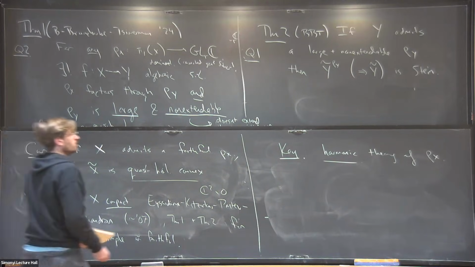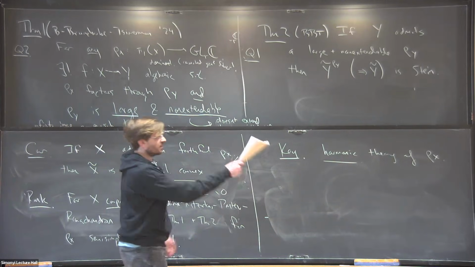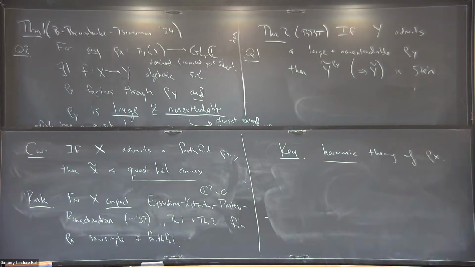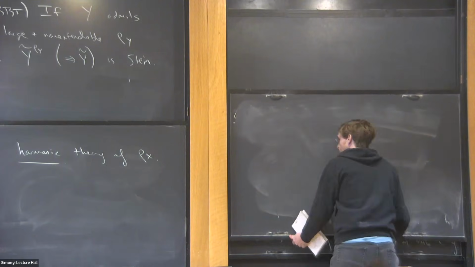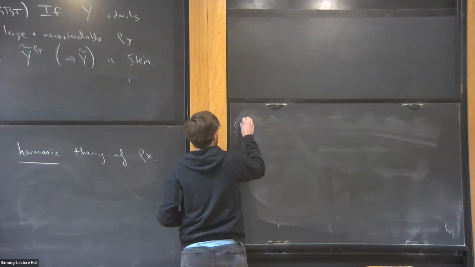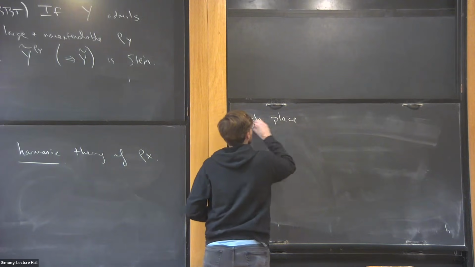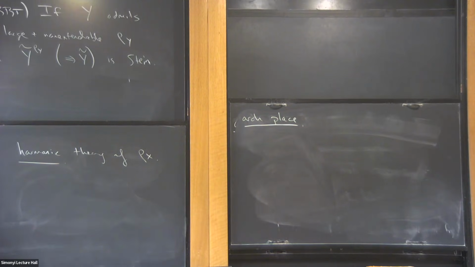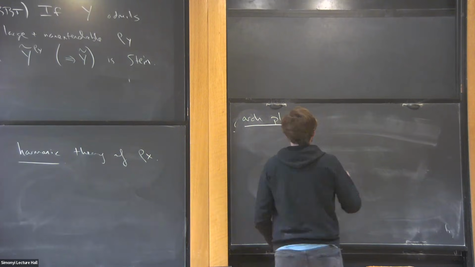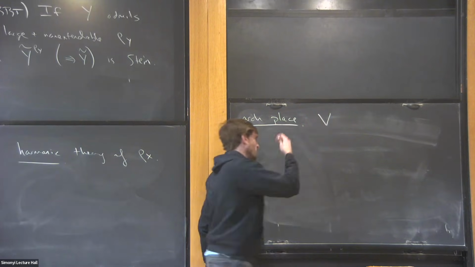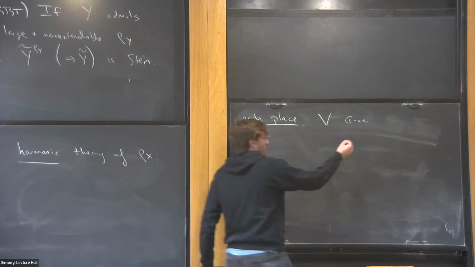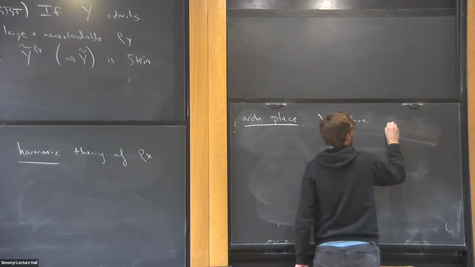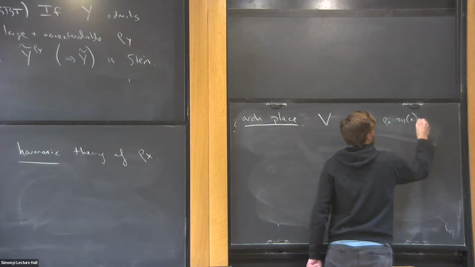Okay. Let me start. I don't know, maybe I'll erase this. Okay, so let's first talk about the Archimedean place. I'll be pretty abbreviated in this because there's not so much time left. But what is the setup? I want to take a complex vector space, V. Technically real or complex, but let's take a complex vector space. And I want to take a representation into GL of V.